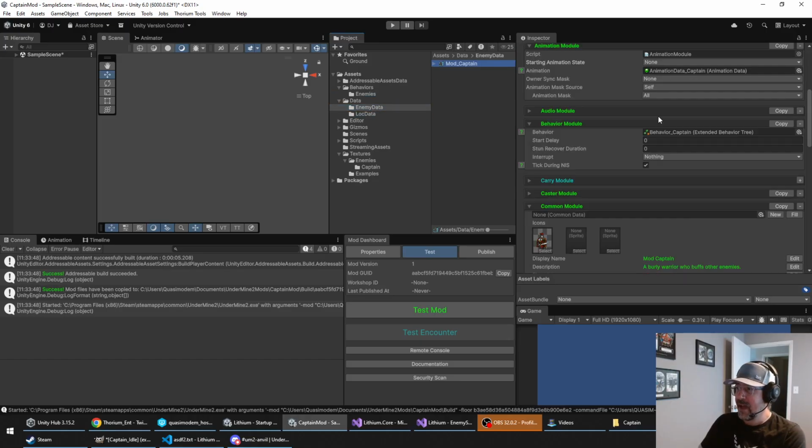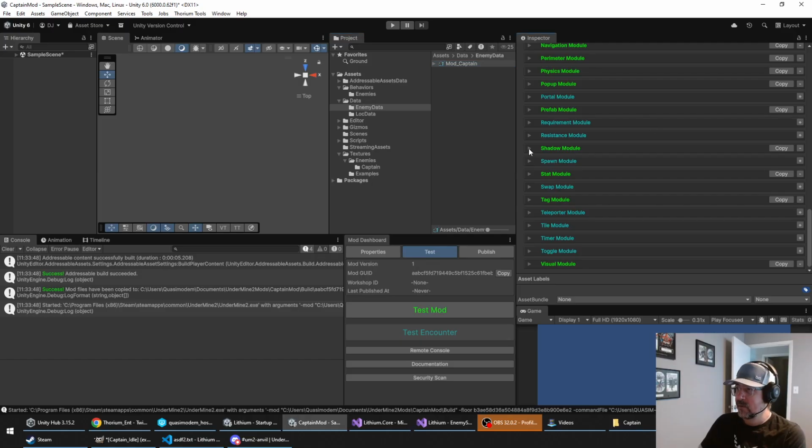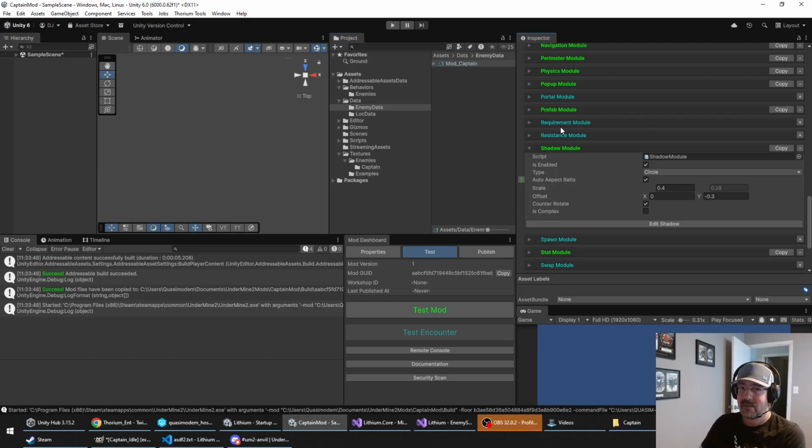Okay, so let's go back to our captain and let's go down to his shadow module. I want to show you how this works. Shadows, you can't even tell what's going on without shadows. The game feels so flat and 2D without shadows. They're very, very critical. So a good part of a successful enemy is certainly his shadow, where he sits within it. You can click this edit shadow button